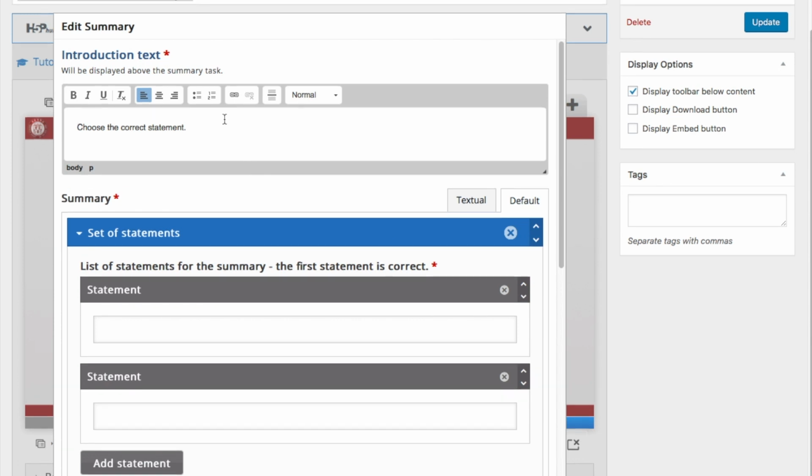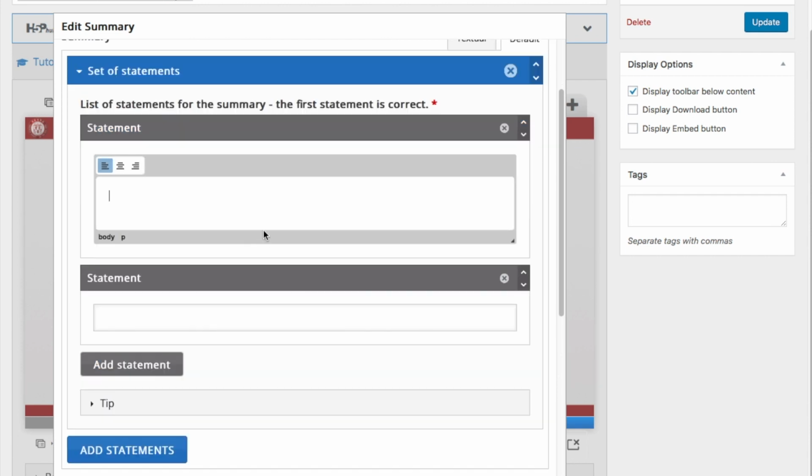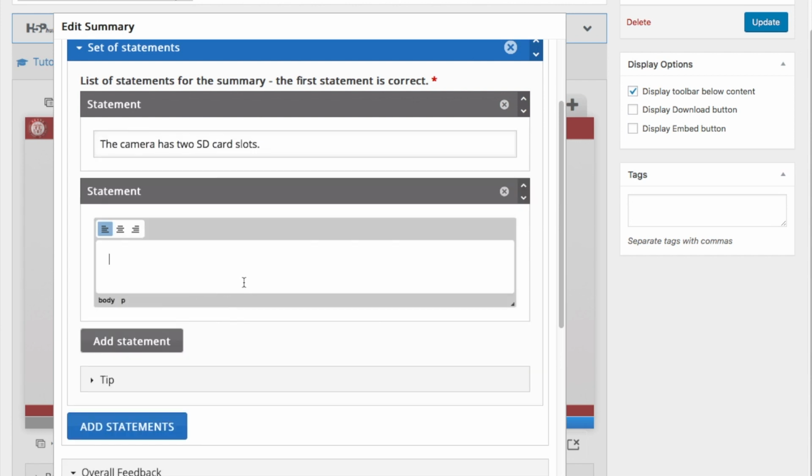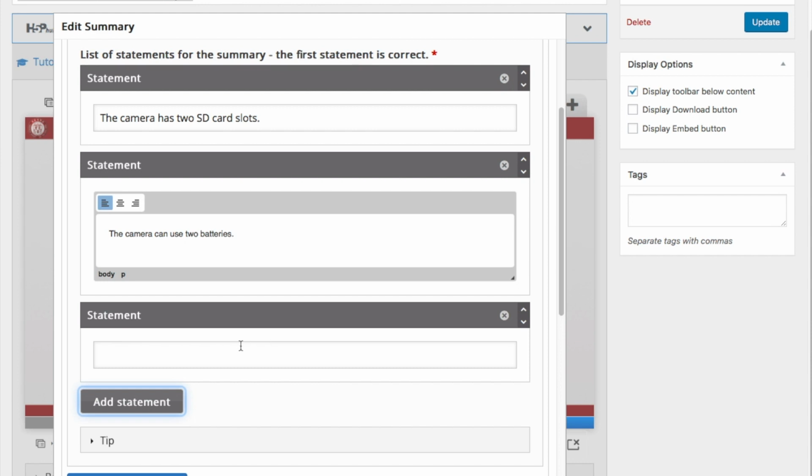So these questions are a general understanding of the whole lessons. So you can make different sentences, and in this list of sentences, the first statement is correct. So we will say the camera has 2 SD card slots. This is correct. We will add another statement. The camera can use 2 batteries. So this is not correct, but we will add a third statement,